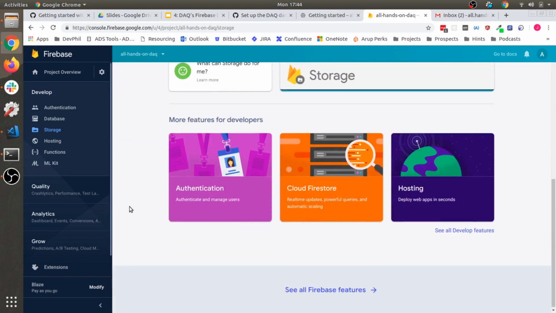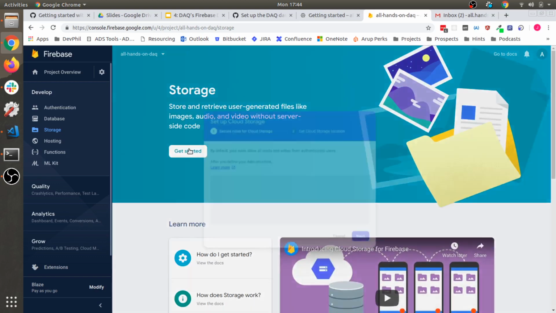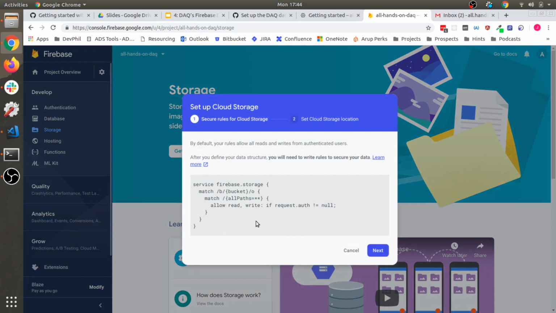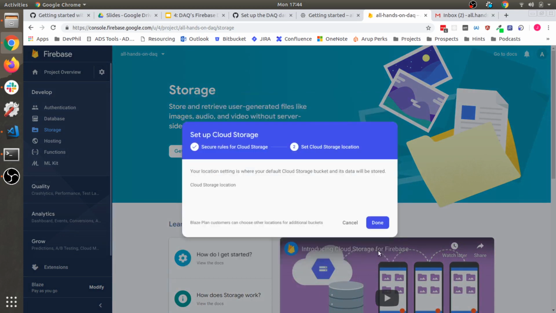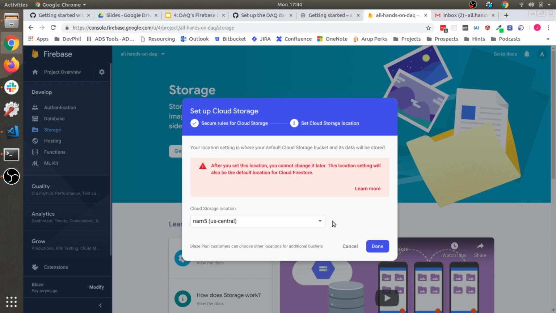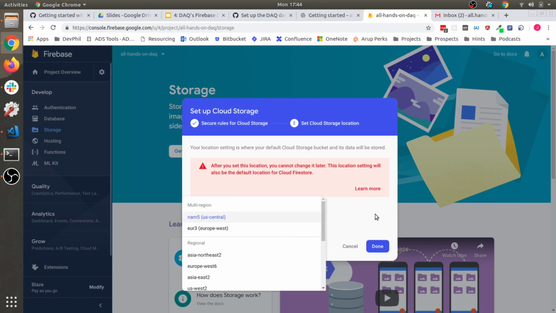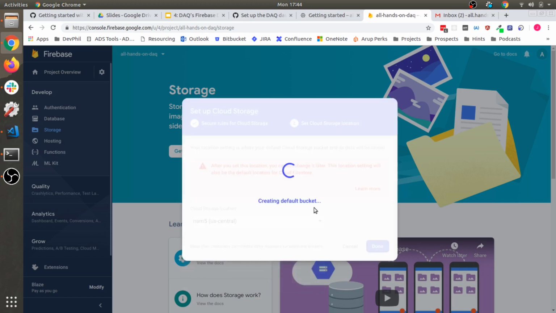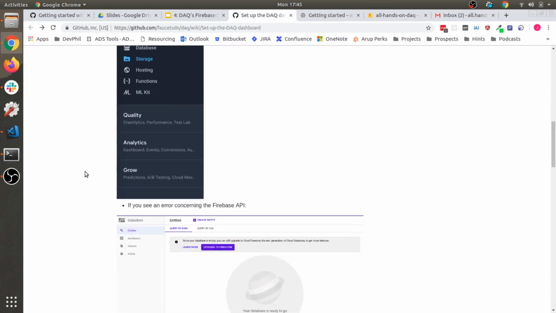then what do we need to do? Get started, presumably. Yeah, we'll just do this. It doesn't necessarily matter unless you have concerns about where your data is actually stored, based on GDPR type things, or anything to do with the legislation that all of us must adhere to. Then it shouldn't really matter, but I'm just going to choose the default for now, but just be wary of that one. So we've got a default bucket that is being created,